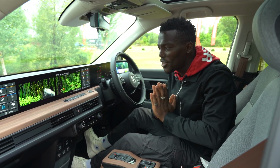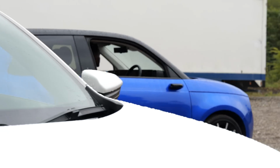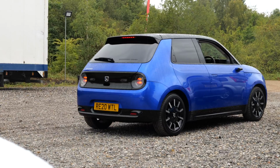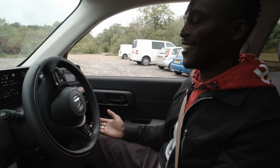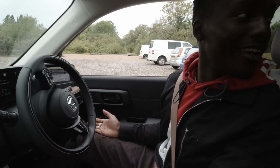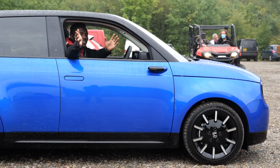One cool thing about this car that I really liked is the parking pilot system, which means you can press that, you drive forward a little bit, it scans the space that's available, sees there's a space, and then parks the car itself. And it also can pull out as well when you're ready to leave the parking spot. And it works really well. At first I was a bit like, oh, is it going to hit the car? But again, all the safety features work hand in hand together in that area so that you don't hit anything, it stops. And you have to keep an eye on it as well, so it's not...